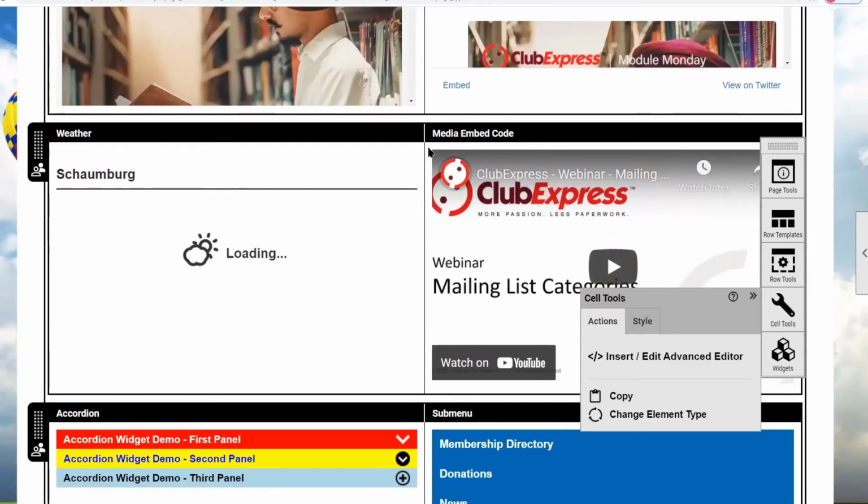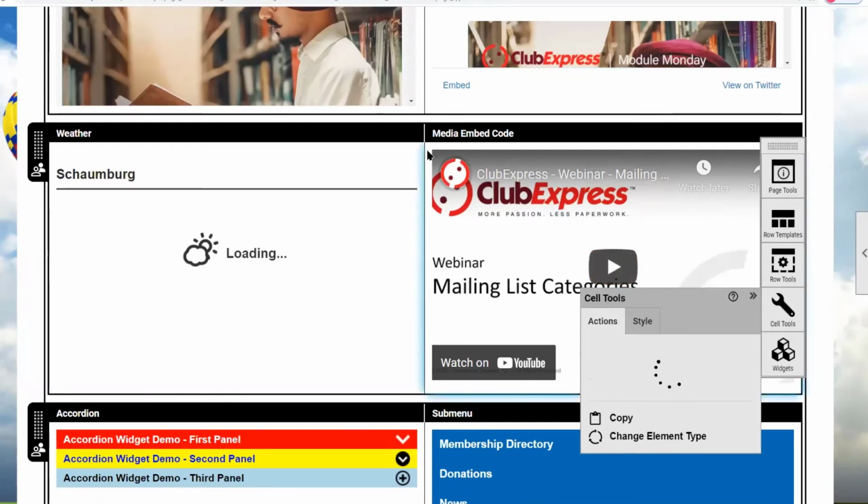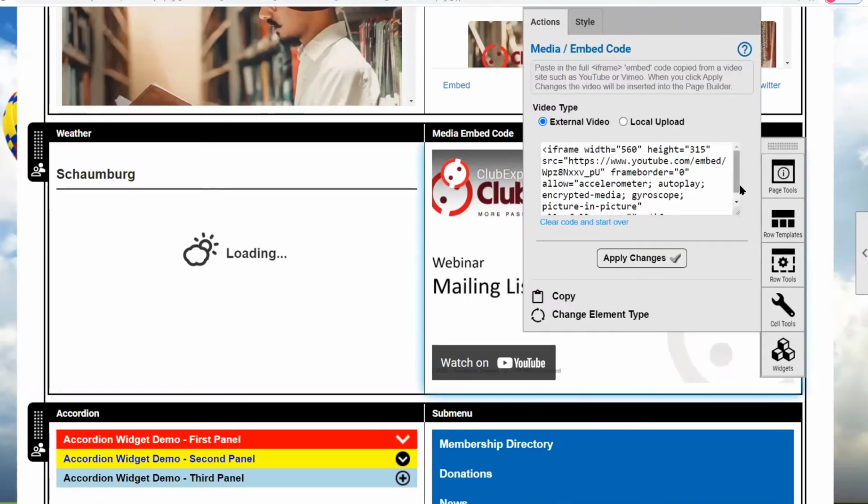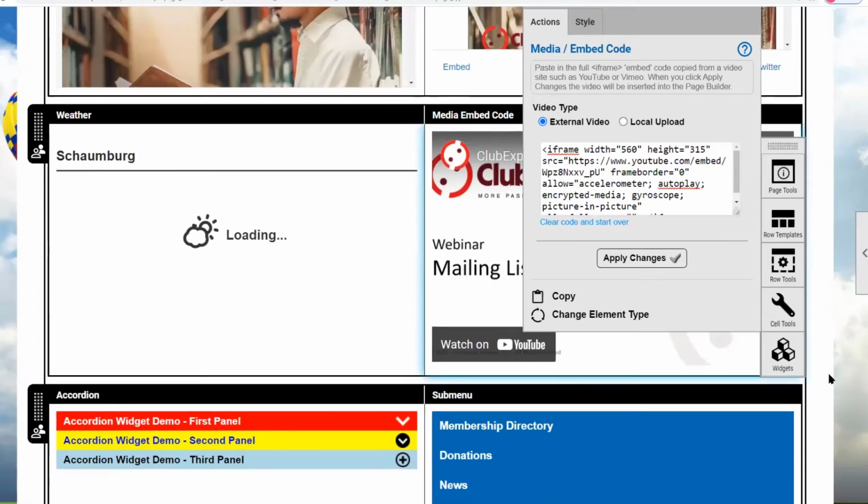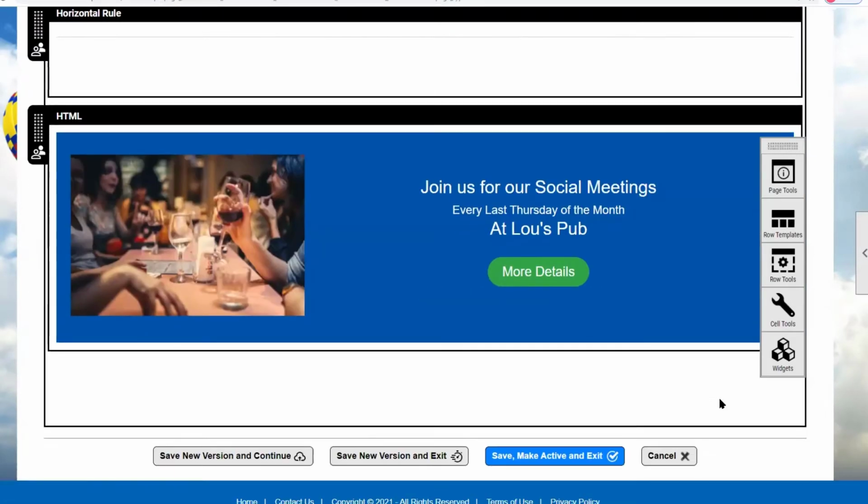Now, I'm going to click on the white area here because I don't want to actually start the video. So this one here was the embed code that was copied from YouTube, and this is the ID of that video. So if I had that in the advanced editor, I could just copy this and plug it into the advanced editor. So you can enter HTML there, or you can scroll down here,